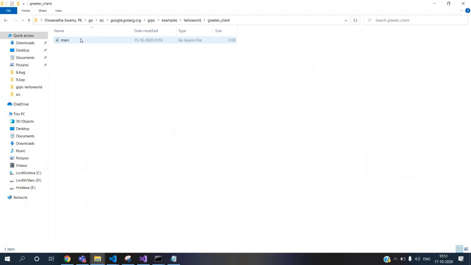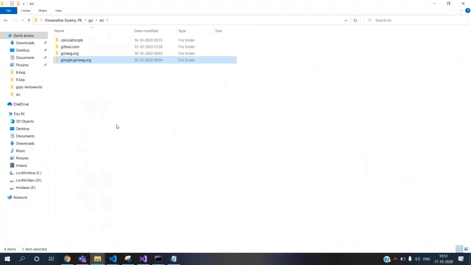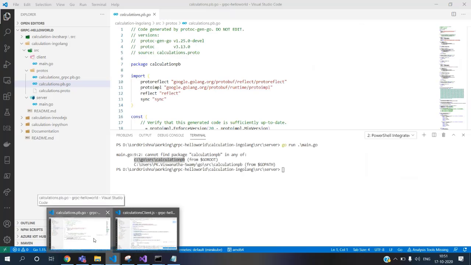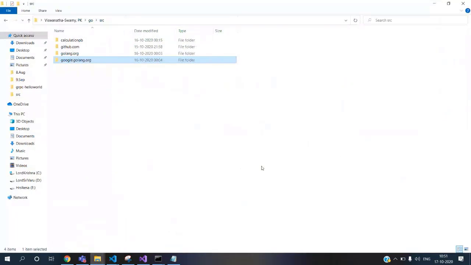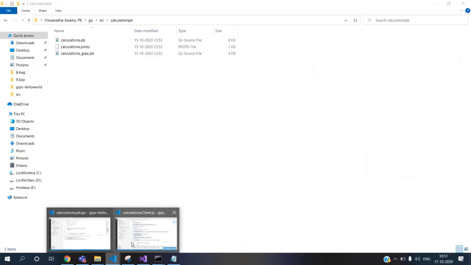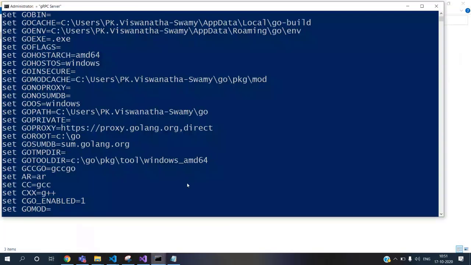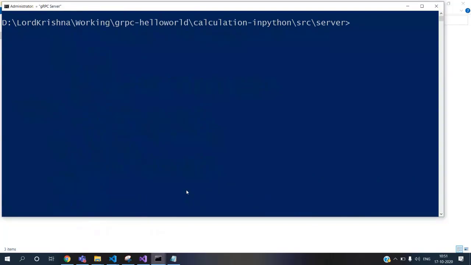So that's what I saw, that when I execute the rest of the samples, those people are creating these folders inside the go path. So I understood that that's how it is expecting, and I just pushed it there. Once I pushed it there, things started working. I don't know whether that's the right thing to do or not, but